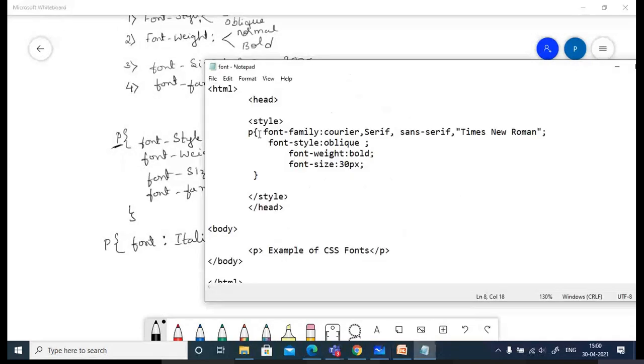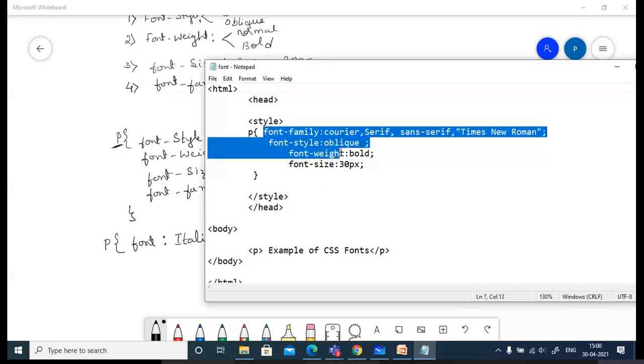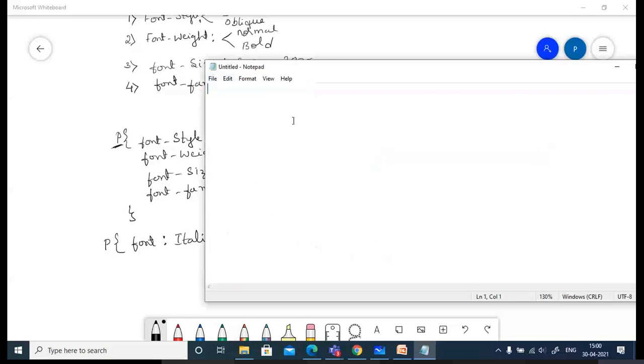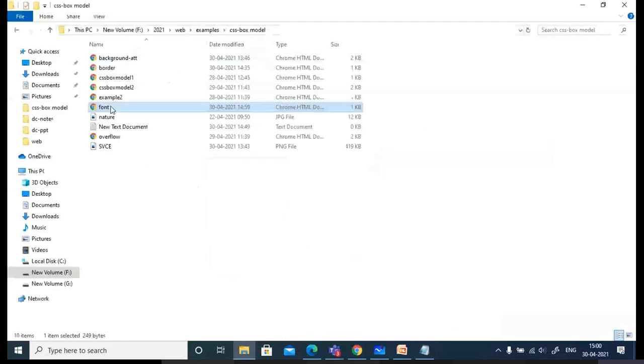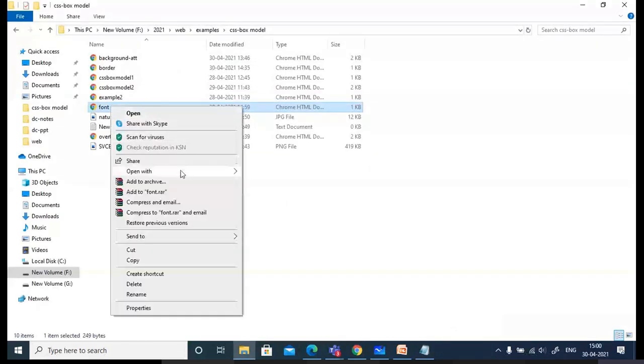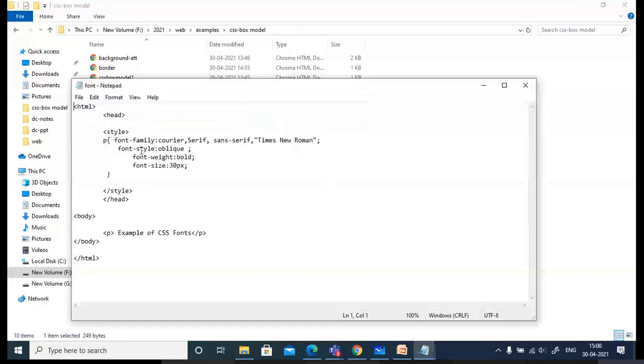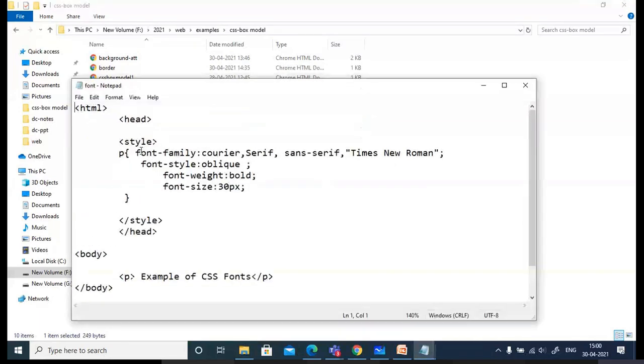So instead of writing multiple lines, you can specify it in a single line.